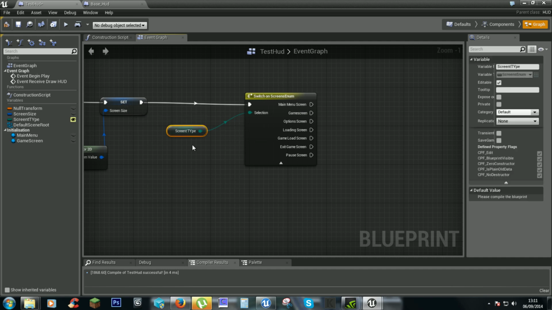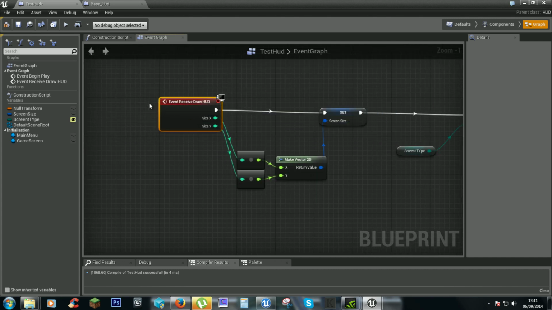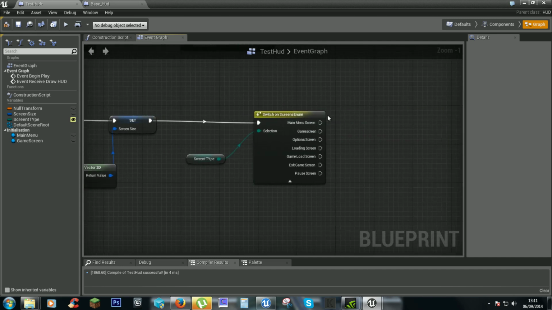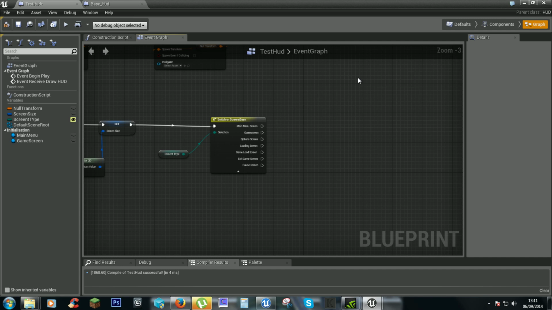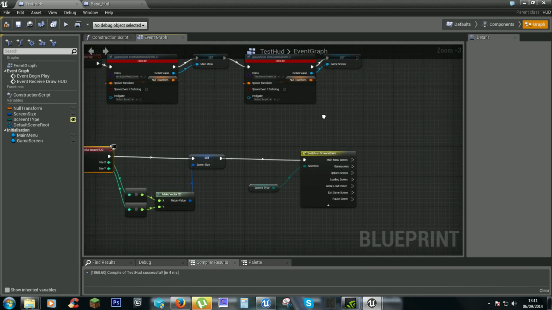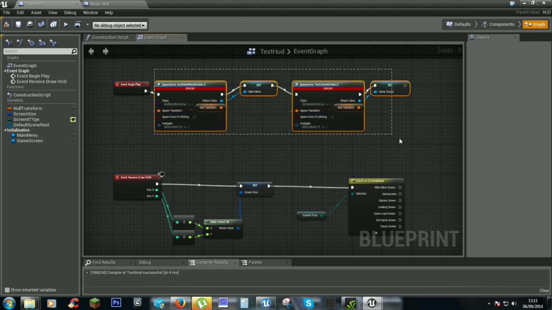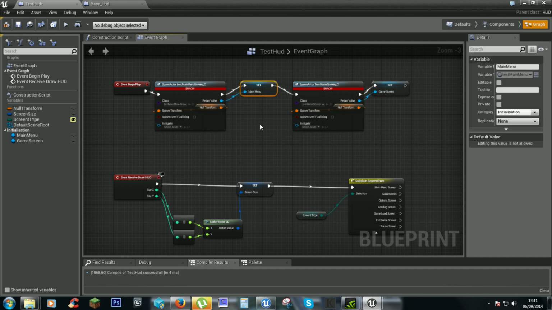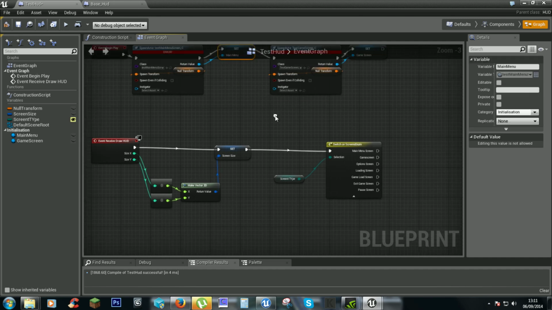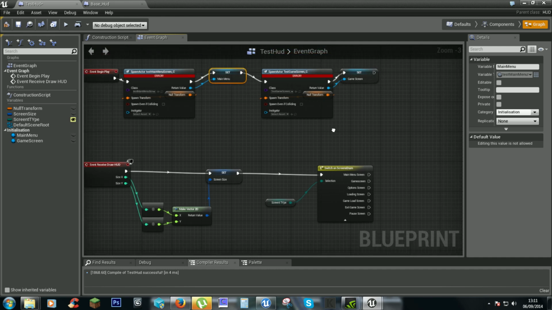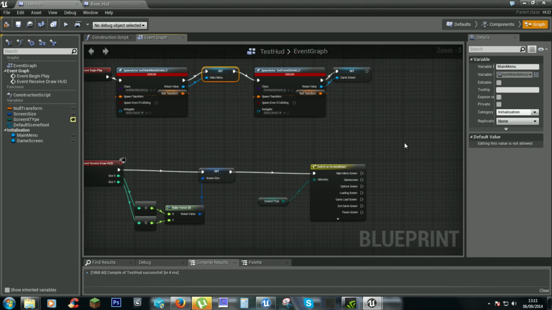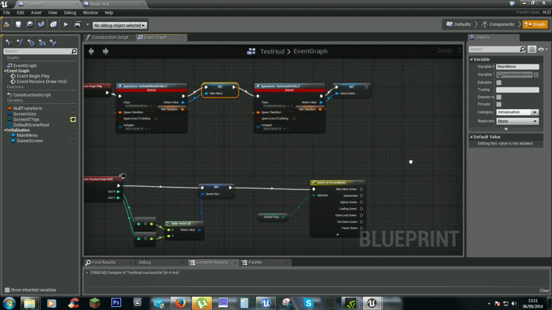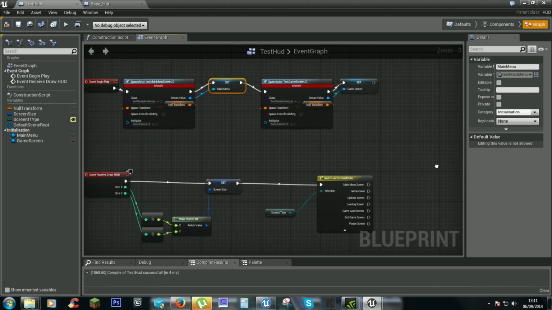So in the other screens, this variable that we've just set here, it will get called and set, and because this is constantly drawing and receiving, it will change what's here and then change to our different screen, which is why we've set these up and called them. So we need to